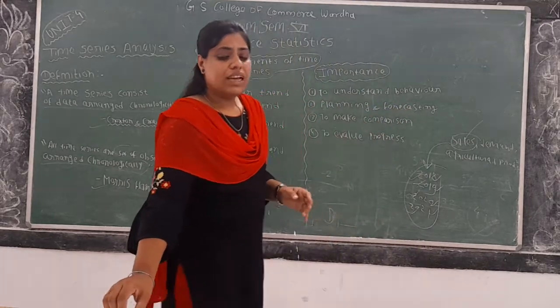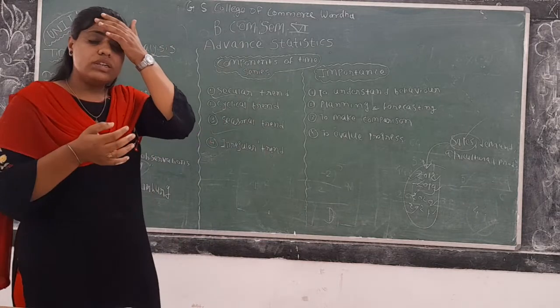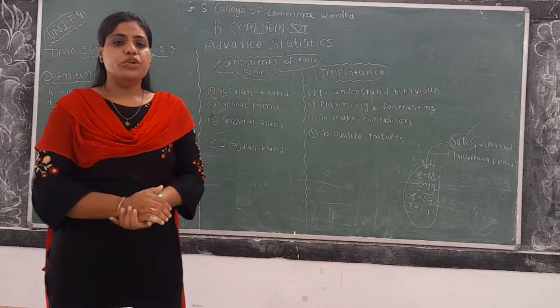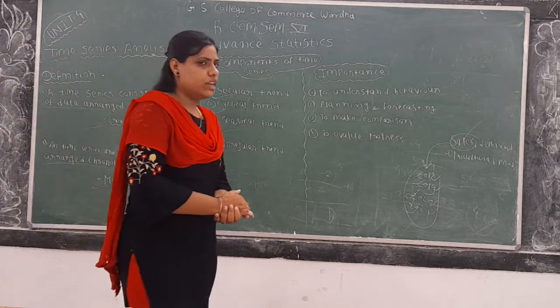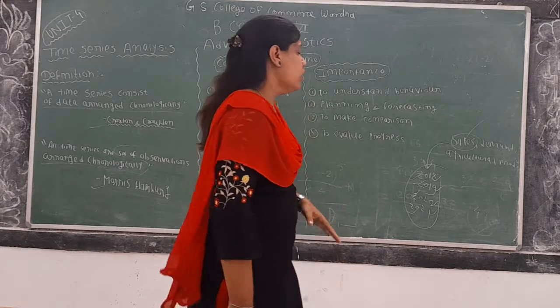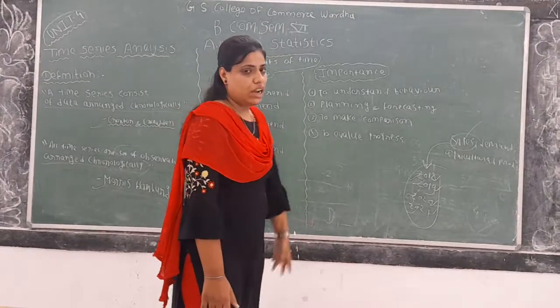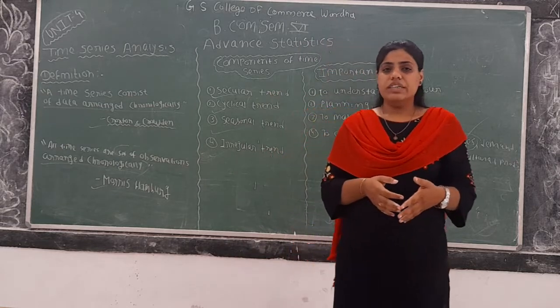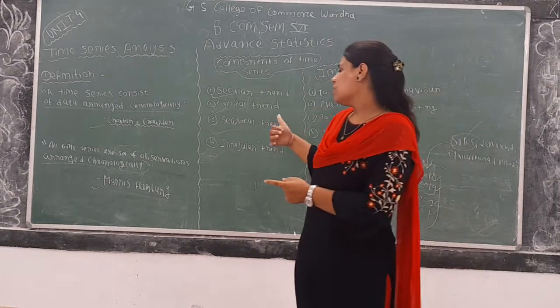Okay, so when the data is showing upward trend, what does it mean? The data is showing increasing trend. They are increasing at different points of time. So we say that the data is showing increasing trend, and this increasing trend comes under the purview of the secular trend. After that, we have also seen that there is downward trend in the secular trend.